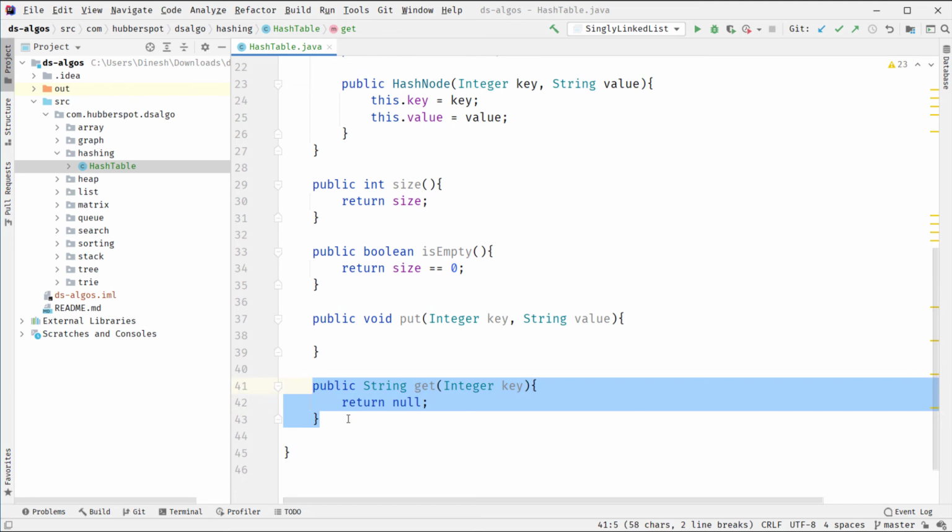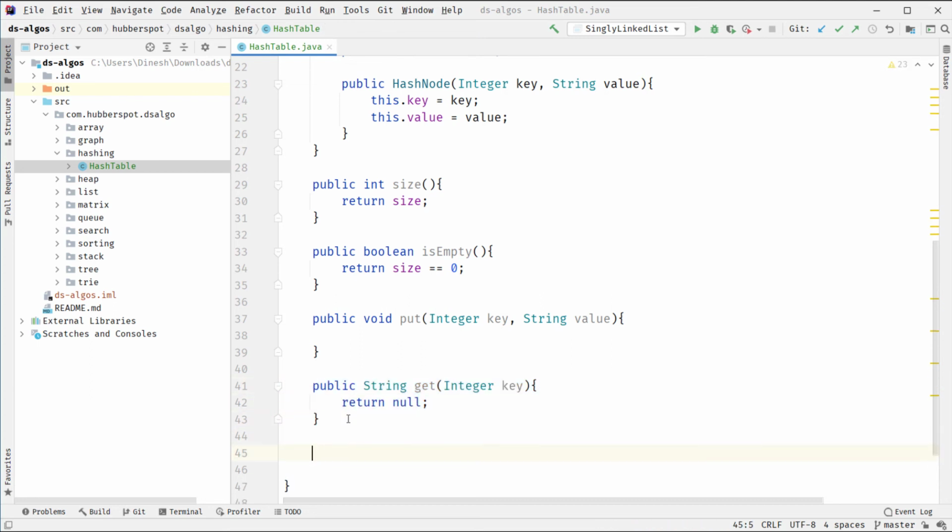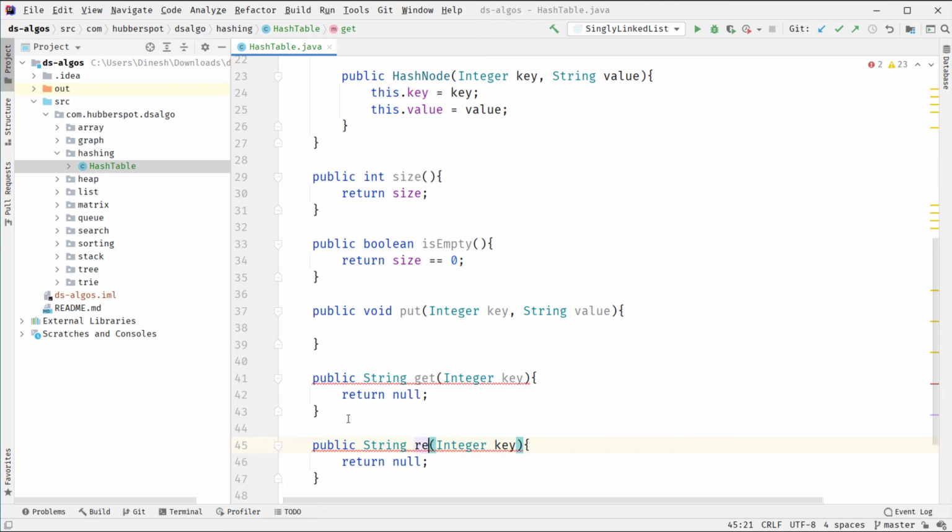And one more method is remove, where we pass the key and that key value pair will be removed and the value associated with that key will be returned. So when we call get, the key value pair remains in the hash table. We only get the value out of the hash table.